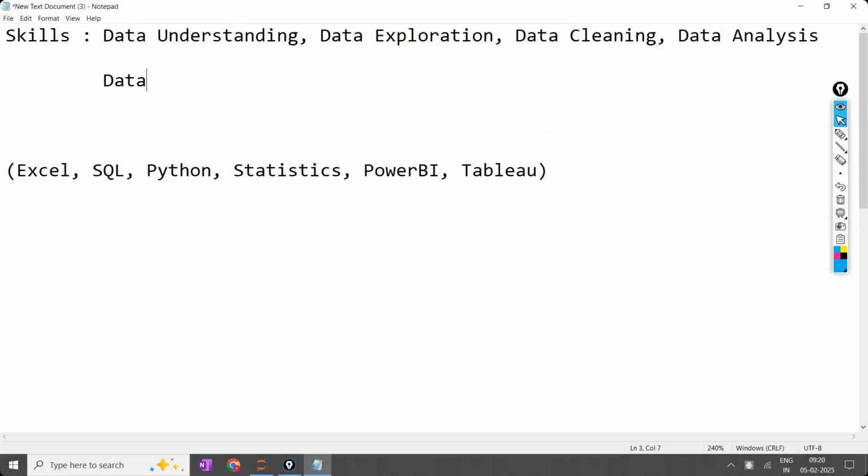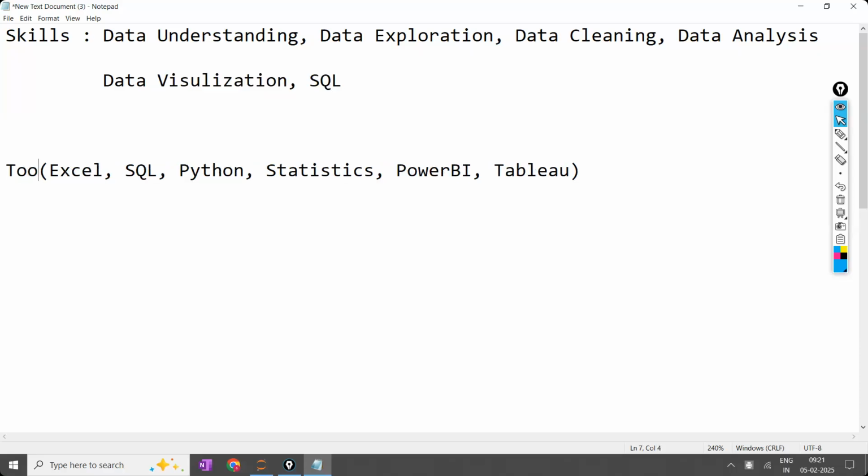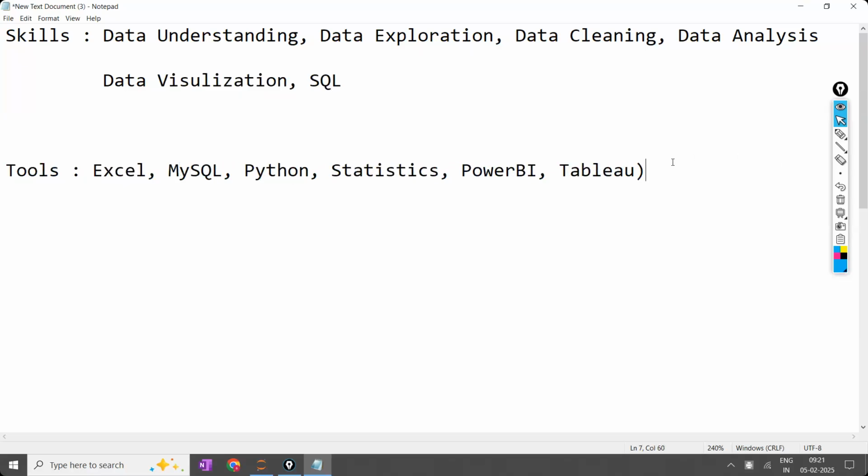These are all considered skills. You also know how to communicate with the database, that is SQL. SQL is also considered a skill. Then what are tools? MySQL is considered a tool. So these are the skills and these are the tools.